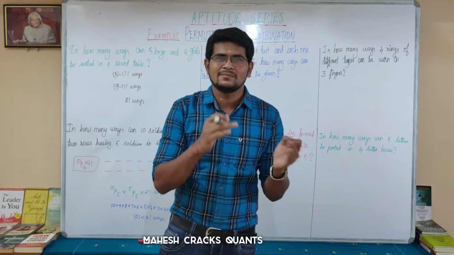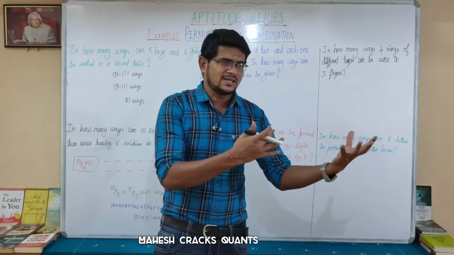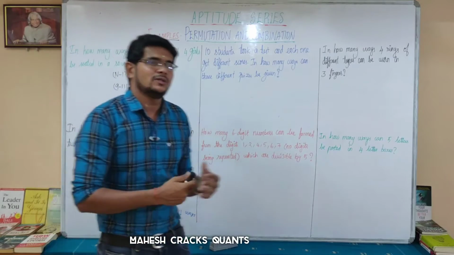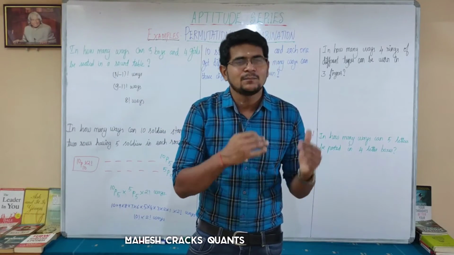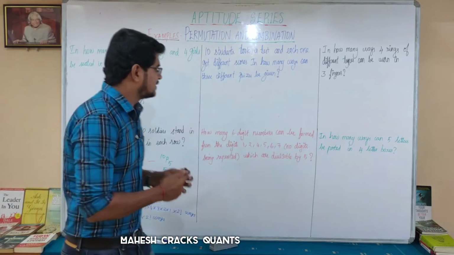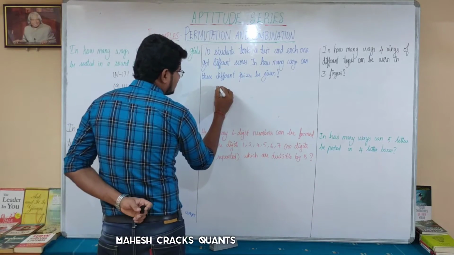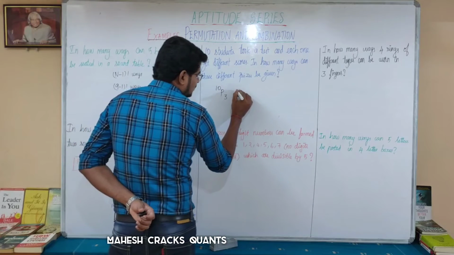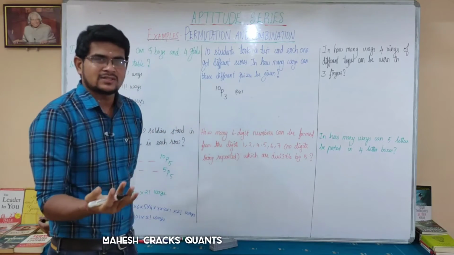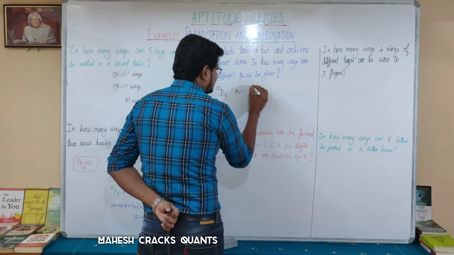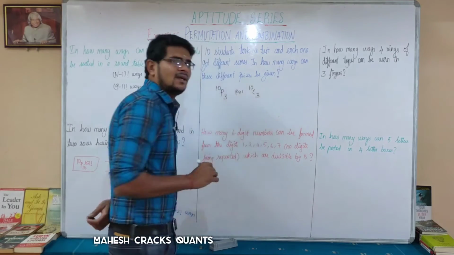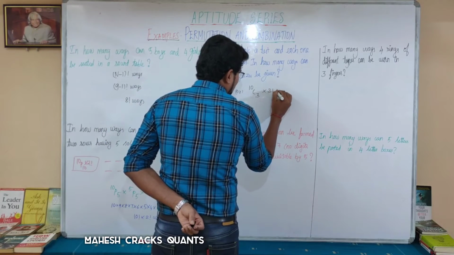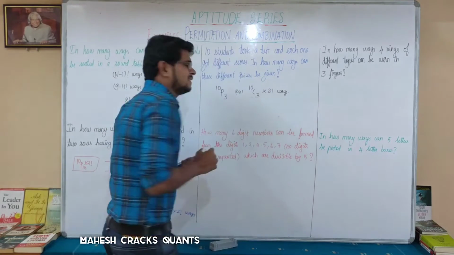If all the prizes are the same, for example a gift, you just select three and give the gifts. But here there are three different prizes. So you have to select three people out of those 10 and then give three prizes. You can say this in both ways. In permutation, 10P3, or you can say this in combination because I am selecting and arranging. I am selecting three people from 10 and arranging those three people for their prizes, which is 3 factorial ways. When you solve both, you will get the same answer.